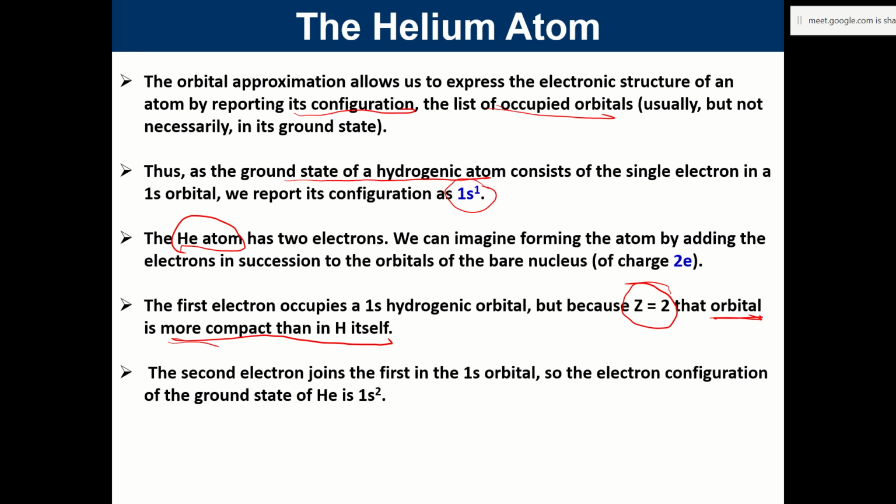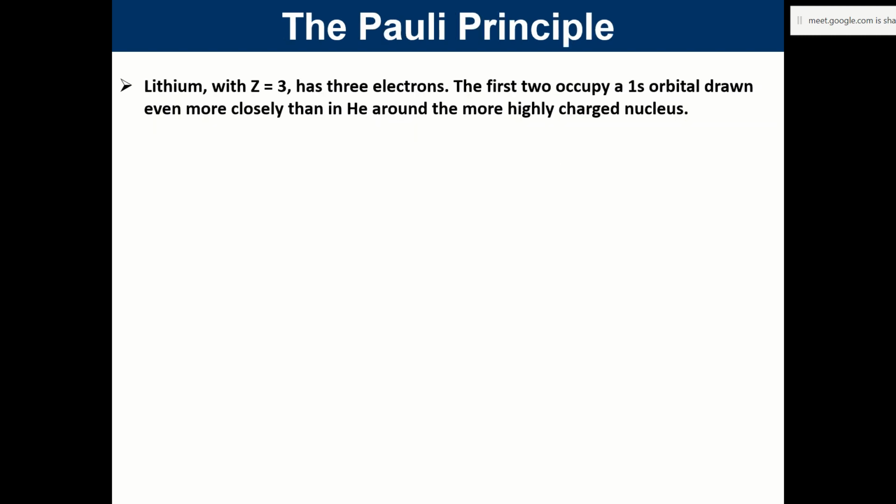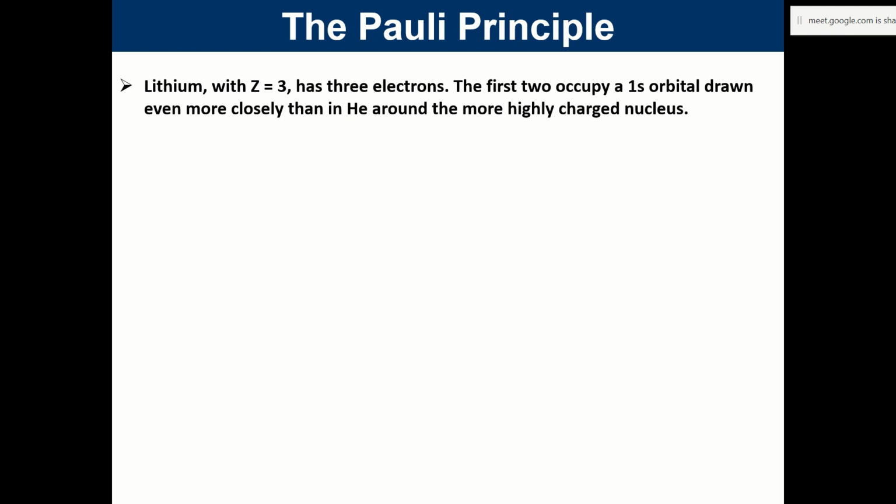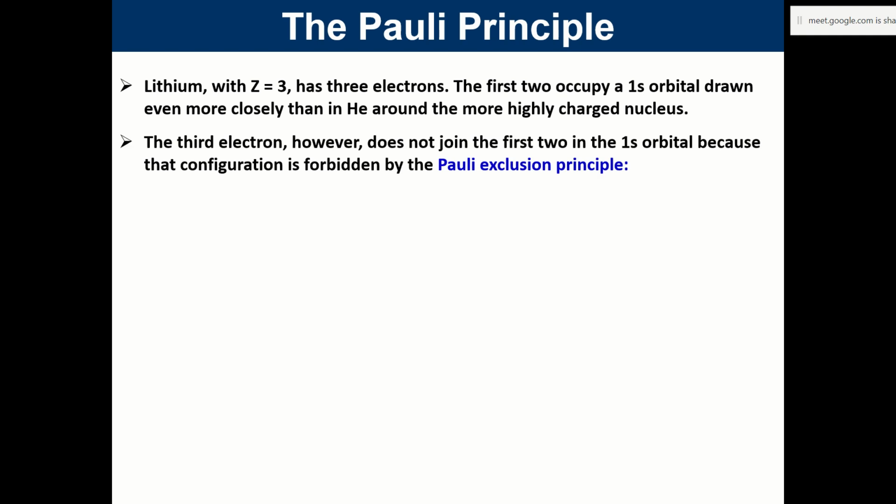So the second electron goes to the 1s orbital, 1s2, so it becomes the 1s2 ground state. In case of lithium, the first two are okay, going to 1s. Where do we put the third one? Here comes the role of Pauli's principle, okay,